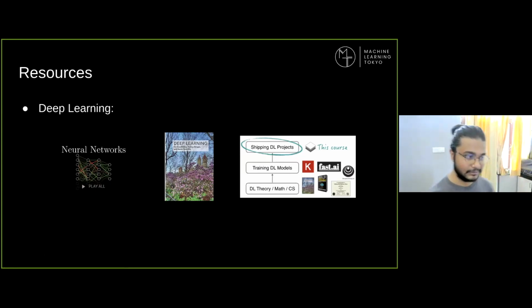Another one is by Ian Goodfellow, Yoshua Bengio, and Aaron Courville. This is a really good book as well. I think it is a standard text if you want to get deeper into deep learning, right? And last but certainly not the least,